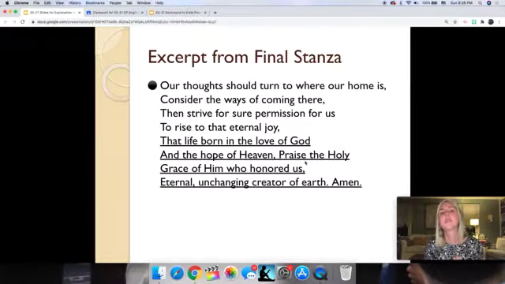All right, and here's an excerpt from the final stanza. This is the monks kind of preaching a sermon here. Because our thoughts return to where our home is, consider the ways of coming there, then strive for sure permission for us to rise to that eternal joy. All right, our real home is somewhere eternal. That life born in the love of God and the hope of heaven, praise the holy grace of him who honored us, eternal, unchanging creator birth. Amen. So, I think the consolation at the end of the seafarer's tale